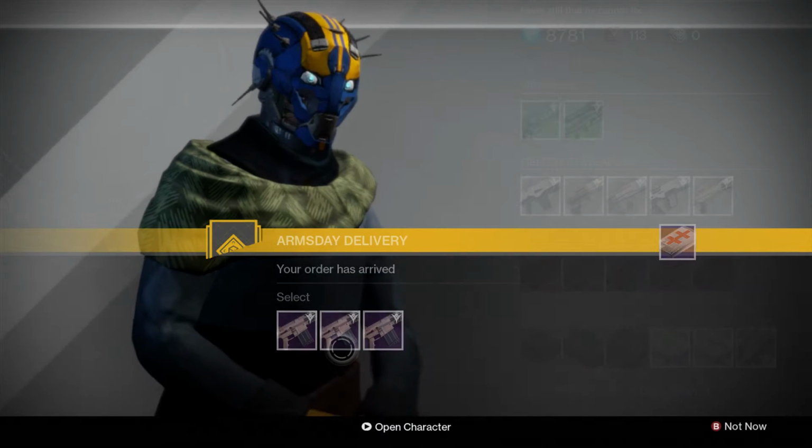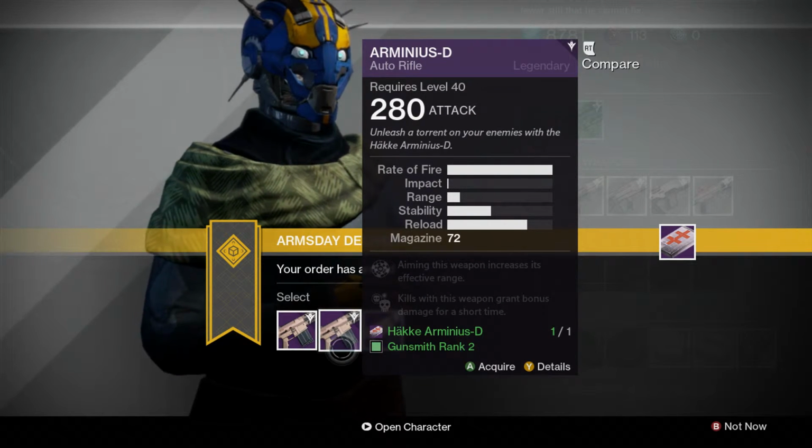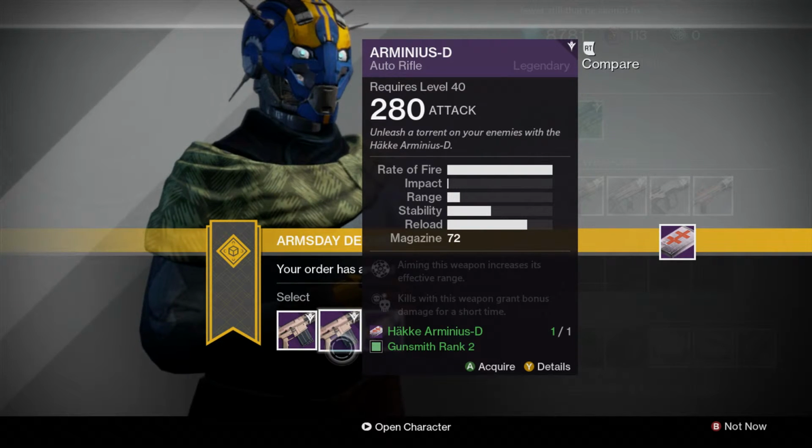Now, again, I'm going to mention that if you don't quite see the gun you're looking for, you can choose to hold on to the package and try again next week. I don't have that kind of patience, especially since packages, once purchased, stay in your inventory and you can't get rid of them. You can discard them, but then you just wasted 2,500 glimmer. So,